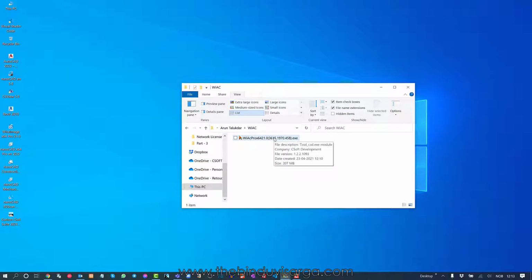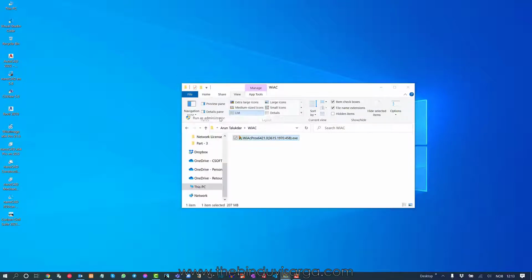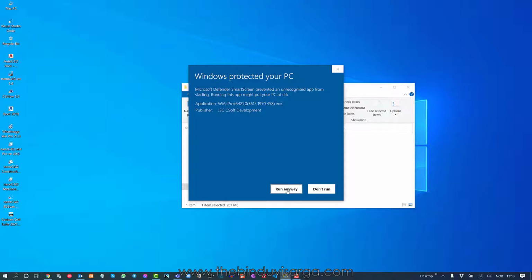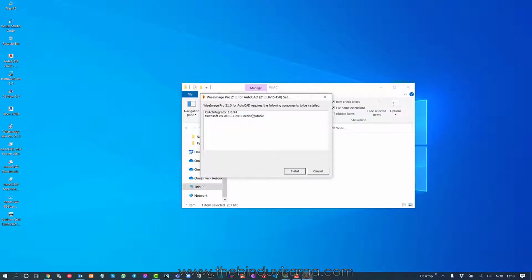So I will right click on the build. I will choose to run as administrator instead of double click on the build. I will run it and I will permit by clicking yes. It will unzip. Now it will install the CS integrator, which will integrate